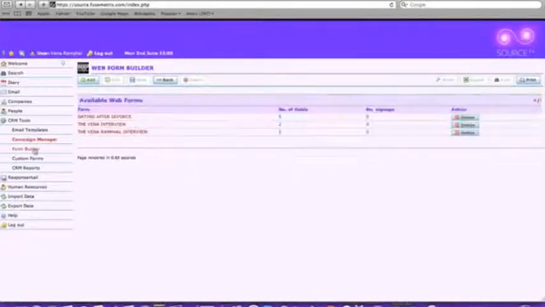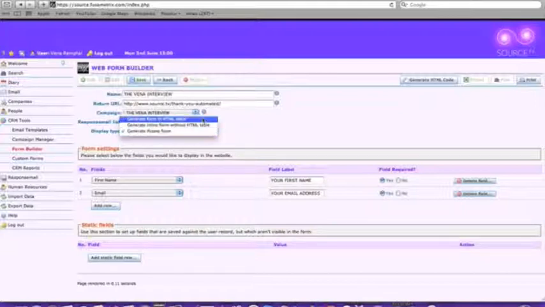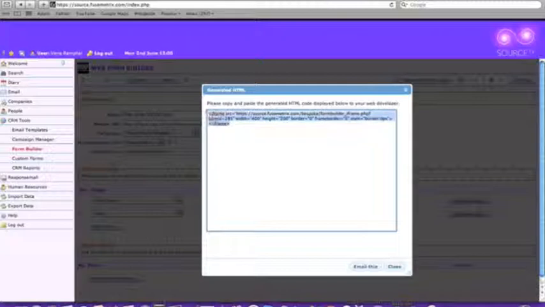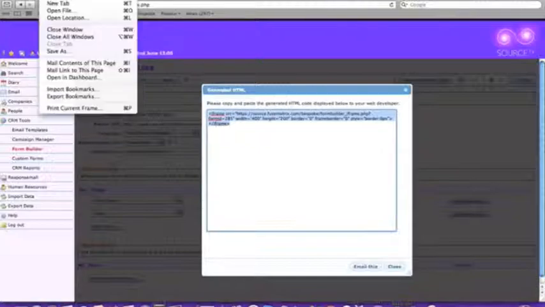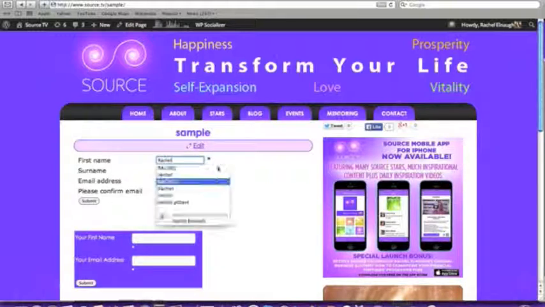And in Form Builder, all you do is create a new form. This is called the Veena interview, and the only change here between this and the sign up form is you opt for this third option, the iframe form. If I go for that option and save that, and generate the HTML code there and paste it into my website as we did before, the code will pop into an automated PayPal button, and if I click that in my site and fill in all of my information,